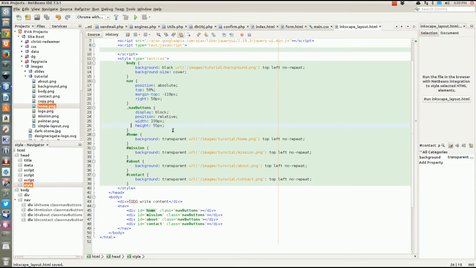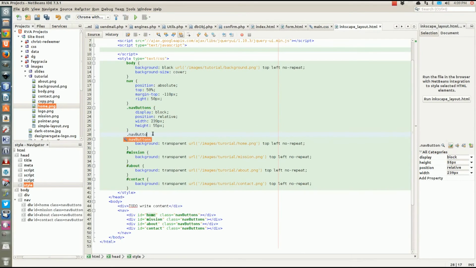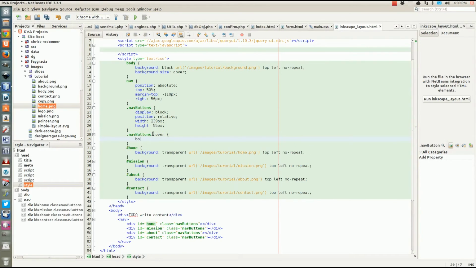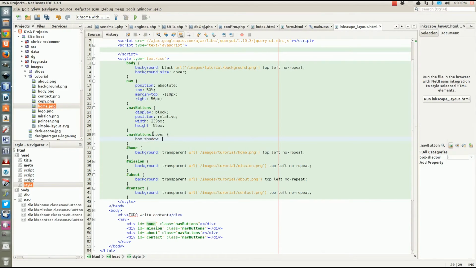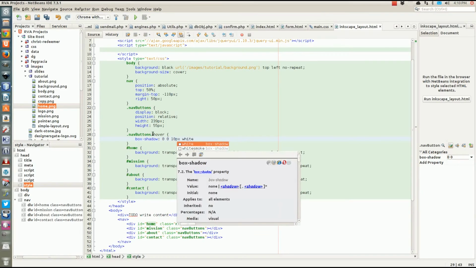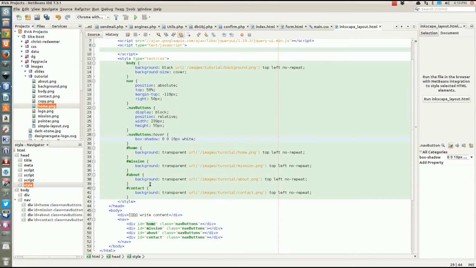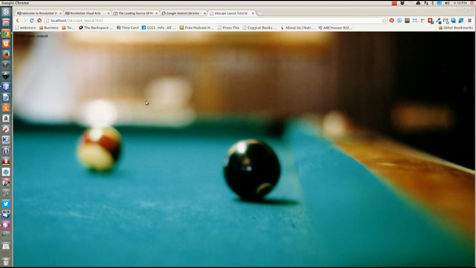So let's do an effect here. Nav buttons hover, box shadow, 0 0 10 pixels white. There you go. That's perfect. Save it. Go back to our fabulous website and